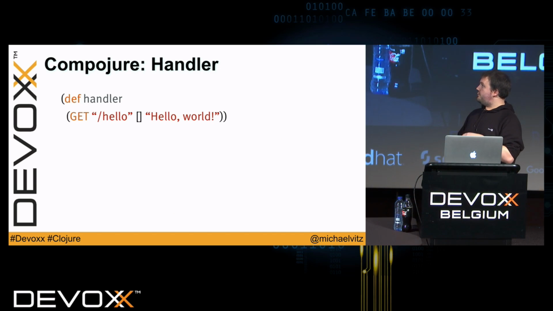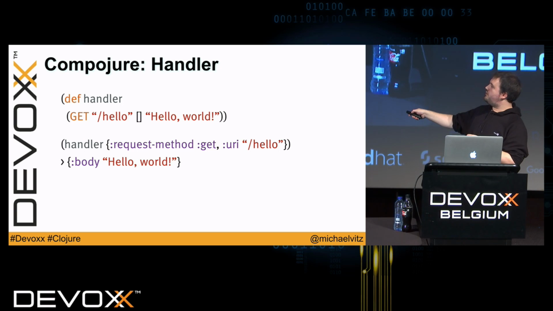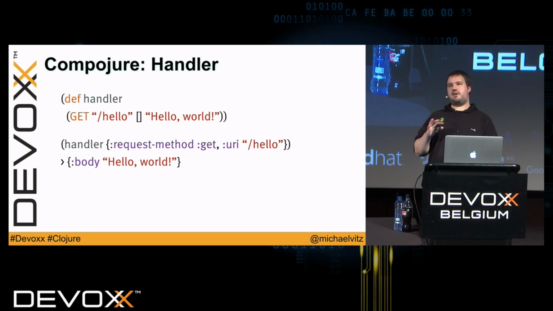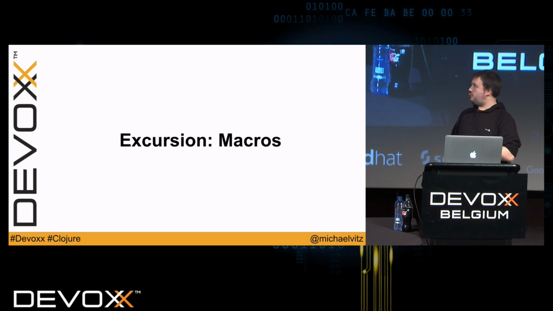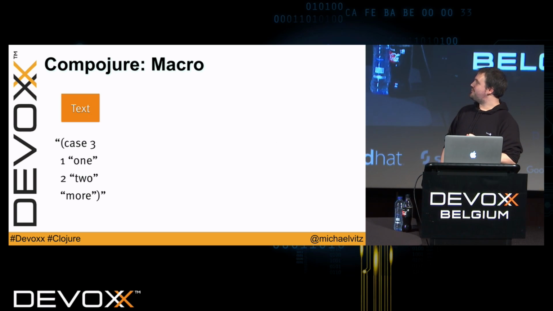So this get hello, it seems like it is just a function call, but it's a macro. So we have to do a little excursion into macros. It won't hurt you, I promise. Basically, Clojure uses 2 steps to translate or to process your written source code. The first one is text. So in my REPL or in my file, I just have characters and text,